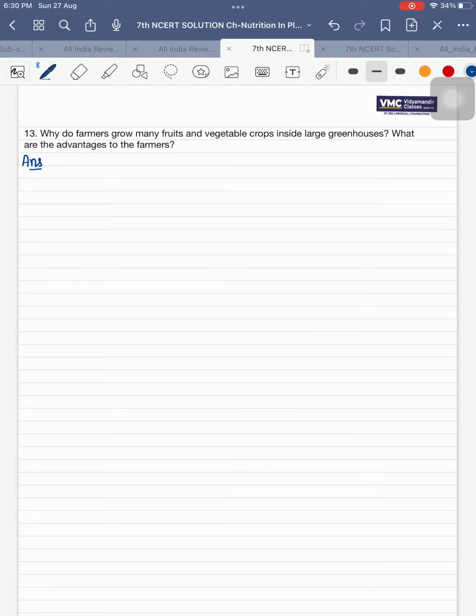Why do farmers grow many fruit and vegetable crops inside large greenhouses, and what are the advantages to the farmer? So why do they grow them in large greenhouses? To protect them and provide suitable temperature. So let's write: fruits and vegetable crops are grown in large greenhouse